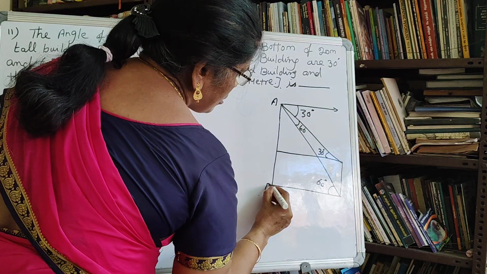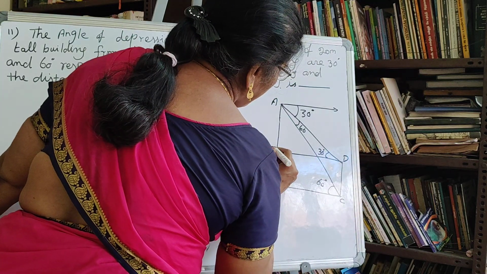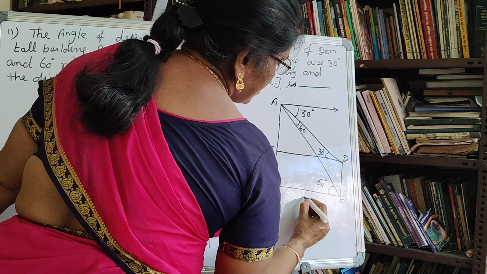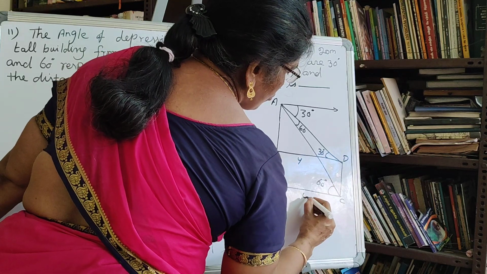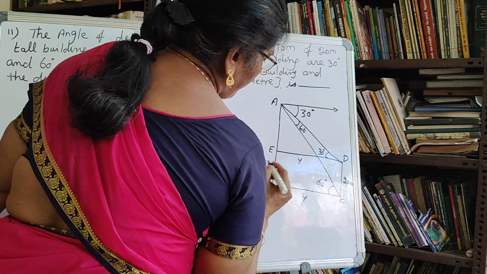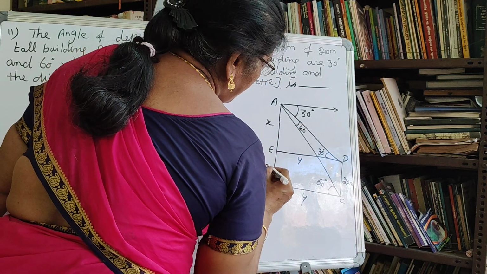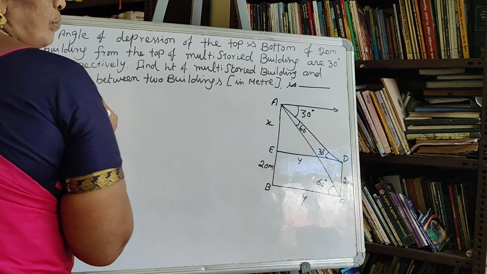This point is A, B, C, D and E. This distance is Y. This also Y. This is 20 meters. This one is X. This also 20 meters. Now,